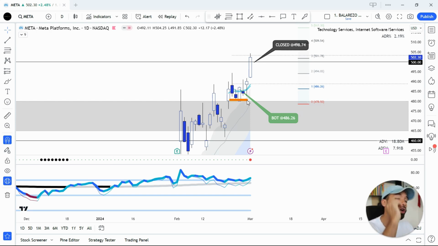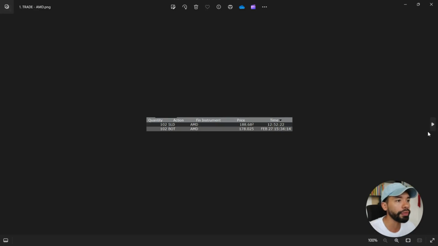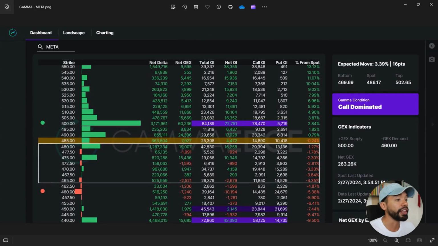Remember that if we're coming from above and then testing that transition zone, that tends to act as support. Support was confirmed here. I was waiting for that confirmation near the end of day, bought my position at 486.26, and then my target was that positive gamma exposure somewhere around 500. I took my profits a little bit before that, 498.74. And let's take a look at what Meta actually looked like